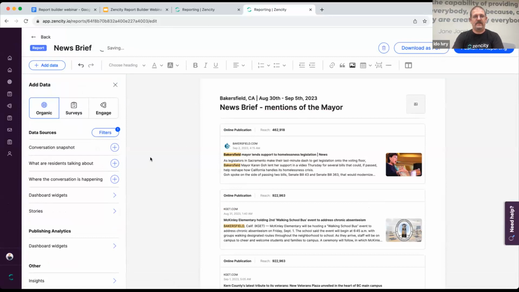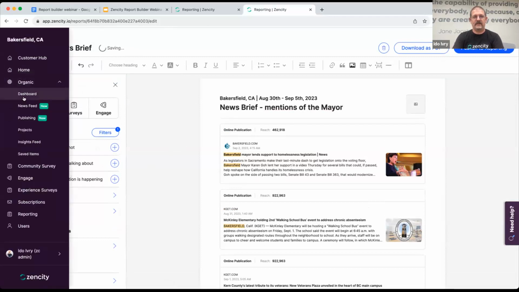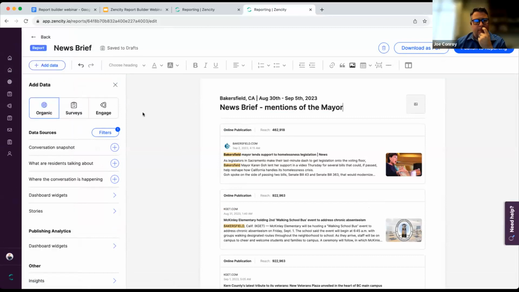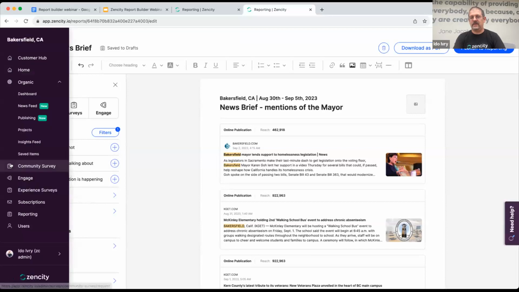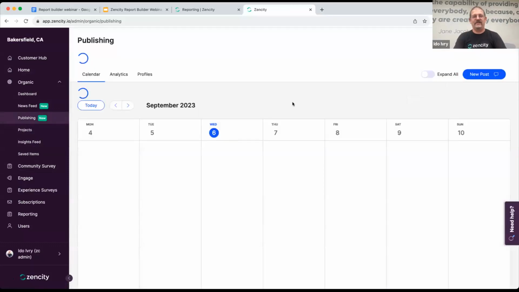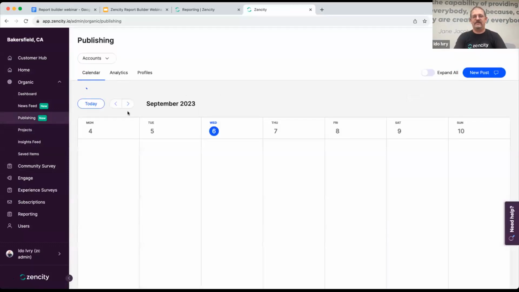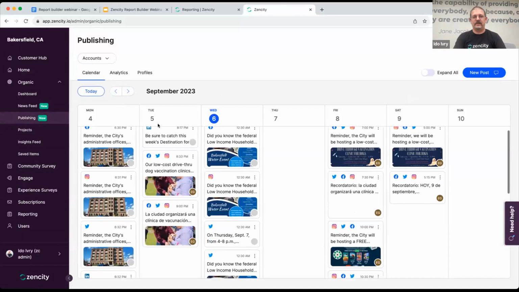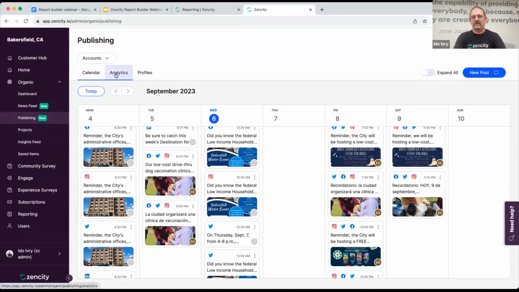Okay, so that's again a handy little trick. And if you have... That was straight from the news feed. Yes. And I don't know, have you been connecting your social media to the publishing suite? I believe so. They have. I don't do it myself, but I'm pretty sure we do. Perfect. That's great. So if you've connected your social media to publishing, you can see the